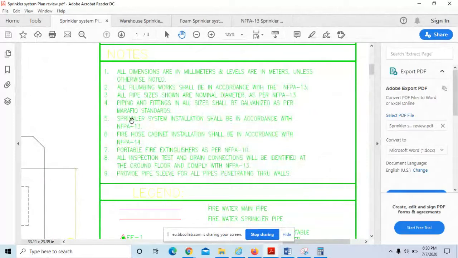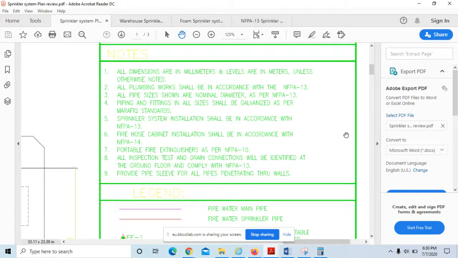They said already the sprinkler system installation shall be as per NFPA 13. So if it is as per NFPA 13, even without mentioning that, you can ask the designer to put the NFPA 13 piping. But most of the consultants ask that you write the types and schedule of the piping, like the sprinkler piping shall be galvanized carbon steel ASTM A53 schedule 40 minimum, and so on. Those should be there, but they have not put it there.